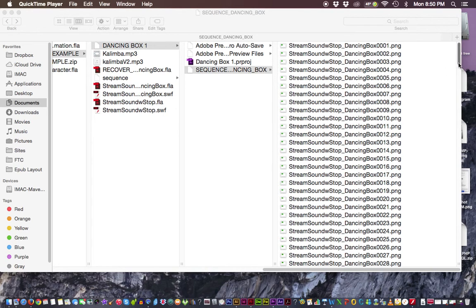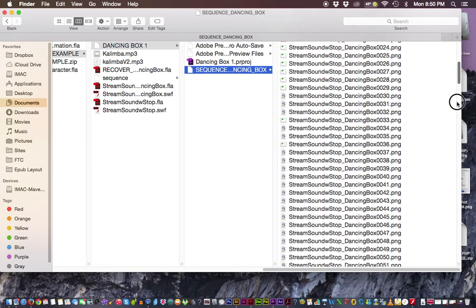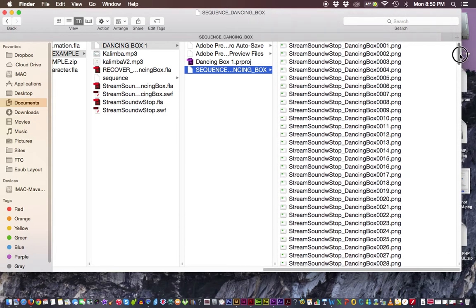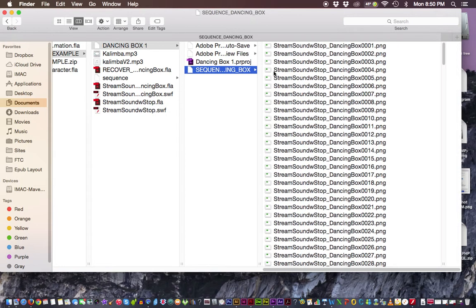So how many frames are we talking about? Mine was fairly short. Okay, you might be thinking, wow, this is really long, over 200 PNGs. Well, no, some of you guys probably are in the thousands of frames. So give yourself time. This may take some time to export, okay? But let it do its thing, and each and every single one of these little boxes is in a different